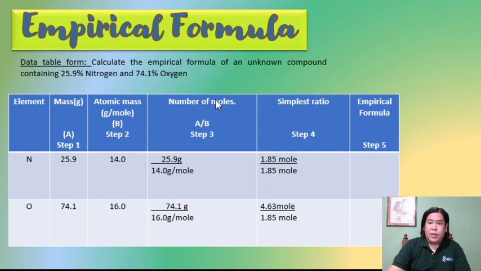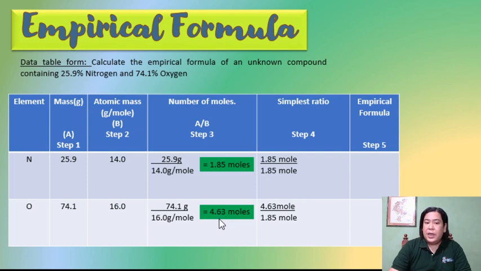And then you compute for the number of moles. This is mass to mole. So number of moles is mass divided by the atomic mass of each element. So 25.9 grams divided by 14.0 grams per mole, you cancel grams, and then you will get 1.85 moles of nitrogen. For oxygen, that is 74.1 grams divided by 16.0 gram per mole, cancel grams, you will get 4.63 moles